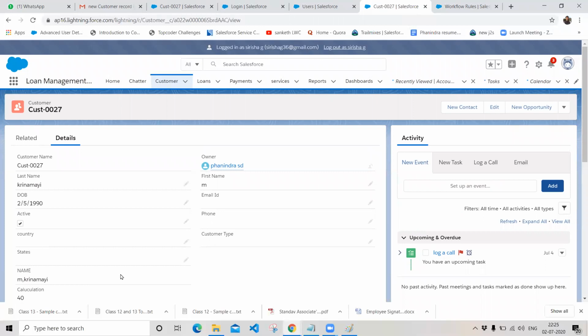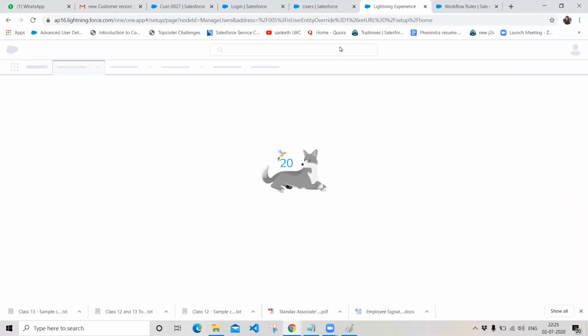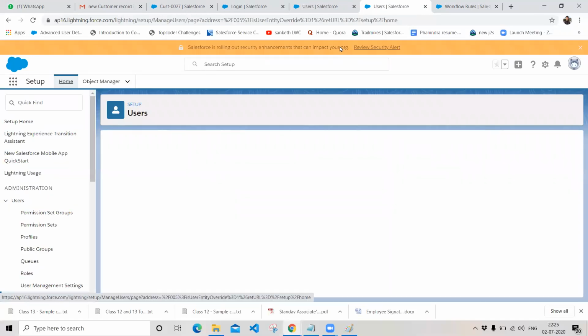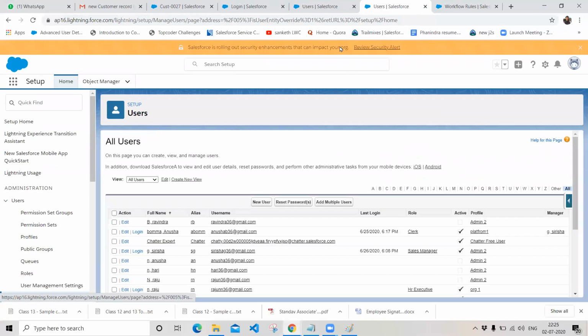So if you want to create a task automatically in Salesforce, we have an option called new task in the workflow actions. So this is with respect to the task creation, and let's log out from the Sirisha profile and create a field update action. Field update is something like, whenever a record is created, if you want to update a field with a specific name or specific text or specific user defined data, then you can update the field.